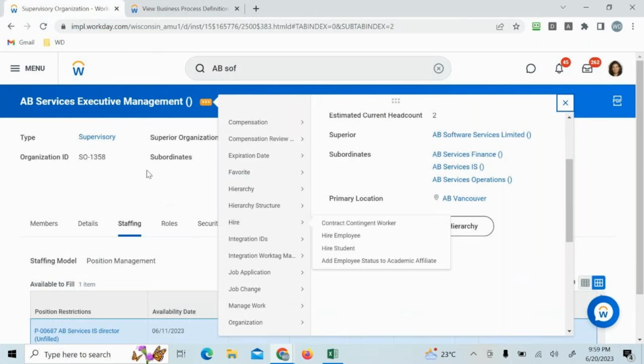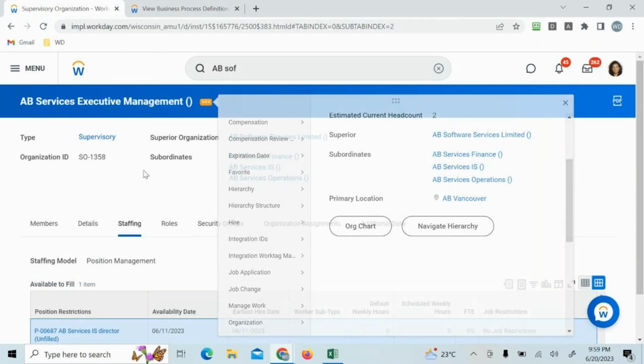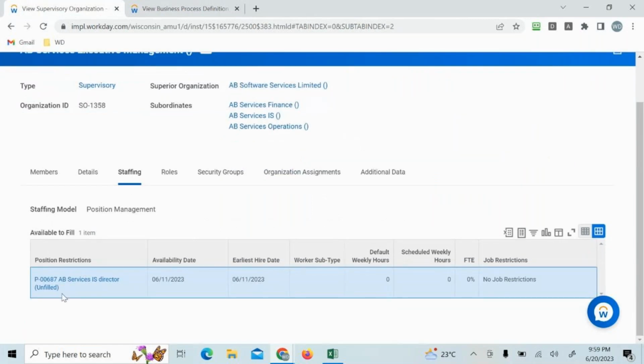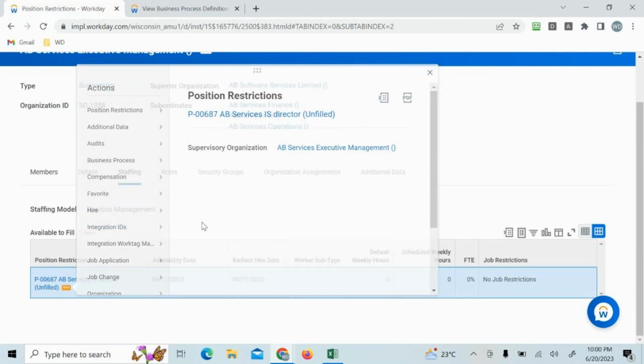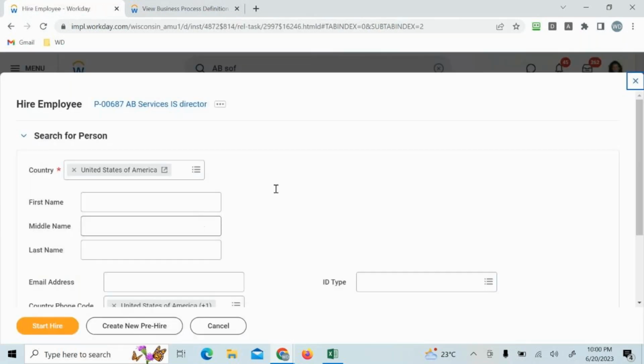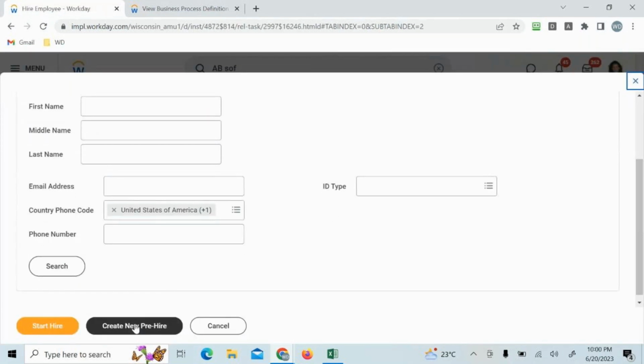It will take me to create a pre-hire record, and then upon creating the pre-hire details, it will take me to the hire page. We can do it the other way as well. We can directly go to the position and initiate the hire. How will we do it? Go to related actions of the position, go to hire, and select hire employee here. Again, it will take me to the same page of creating a new pre-hire. Let me create a pre-hire here,